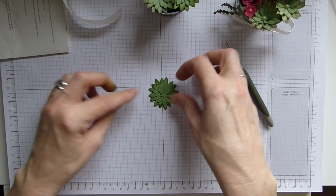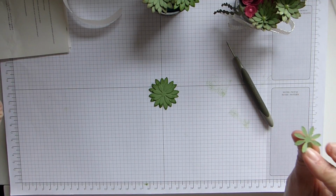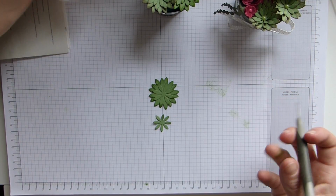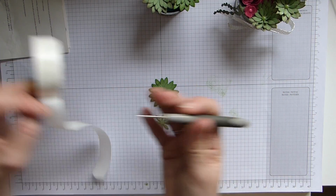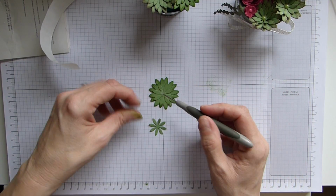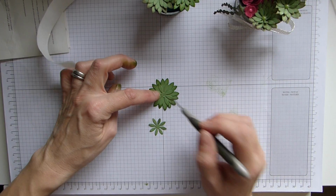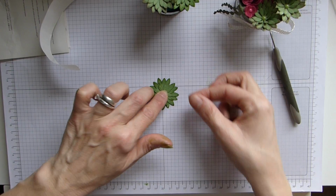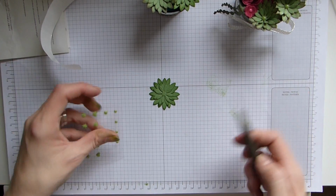And then, where did my glue dot go? Oh, stuck to my finger. Let's grab another one. I'm going to just pop it on there, I think, makes that a bit easier. And then stick that one on. And then I've just got my